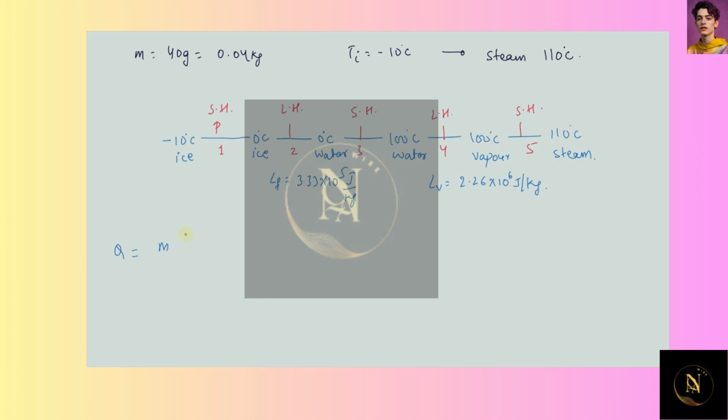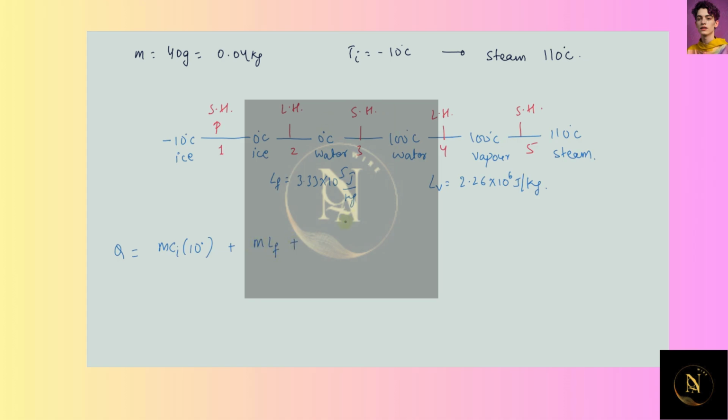That means the mass times the specific heat of ice, that is Ci, times delta T, that means the change in temperature. So the change in temperature here is 10 degrees Celsius. So we can directly write 10 degrees, plus the latent heat times the mass, that is M times LF, plus